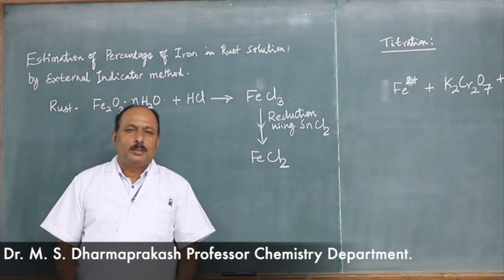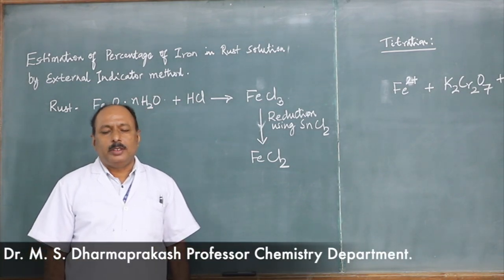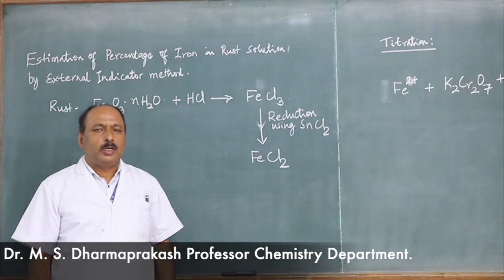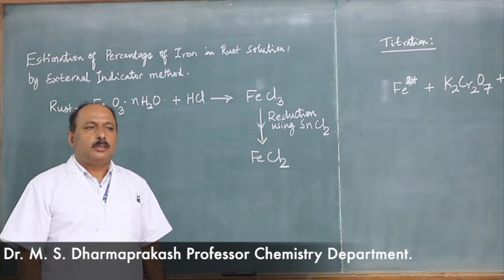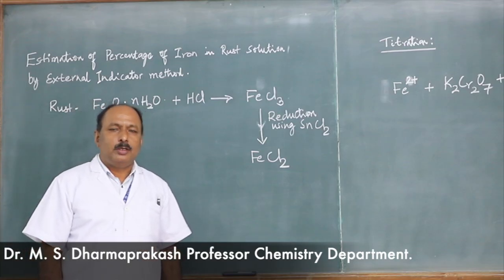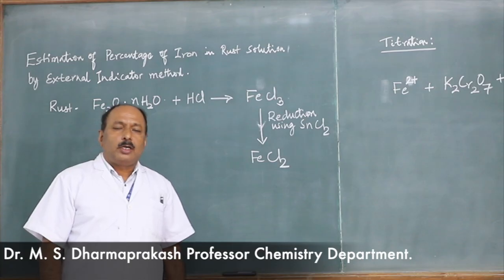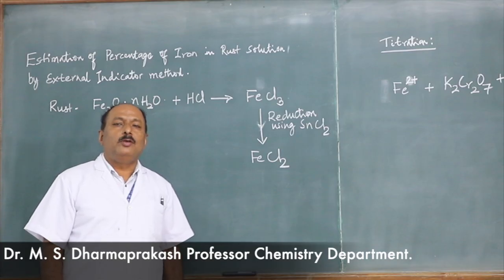Good morning, students. Today we will learn and perform an experiment on determination of percentage of iron in rust solution. This experiment is important because all of us know corrosion is an unintentional destruction or deterioration of the metal. Losses of iron occurring due to corrosion are enormous. Therefore, in order to know how much iron is lost due to corrosion, one needs to estimate the